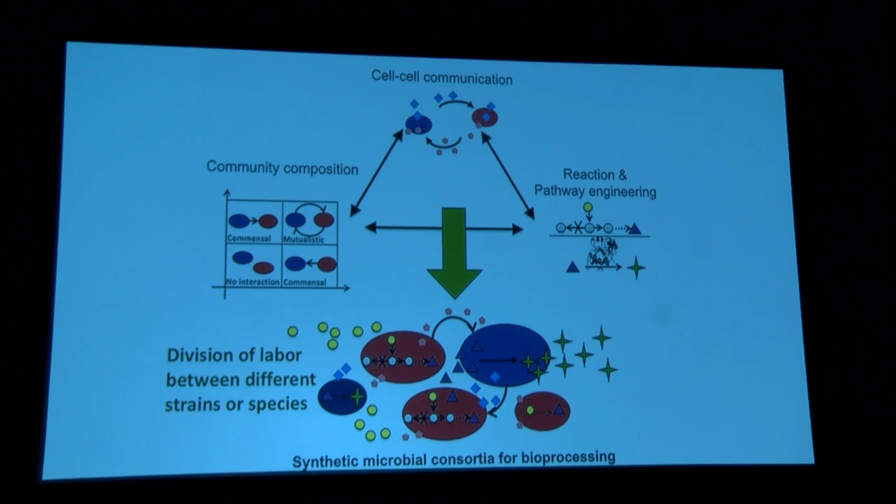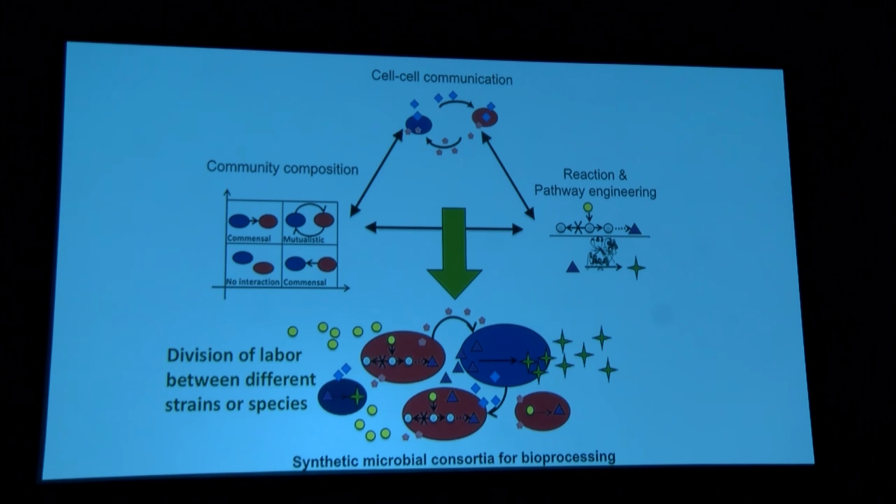We've talked about organisms we can't grow in the lab, but we also have a problem where you often try to grow multiple organisms together in a culture, and you have one outcompeting the rest of them. So we have those kinds of challenges as well. And then, of course, reaction pathway engineering. How do we think about dividing processes amongst organisms in a way that leads to the modularity that we want and the production of the compounds we want?